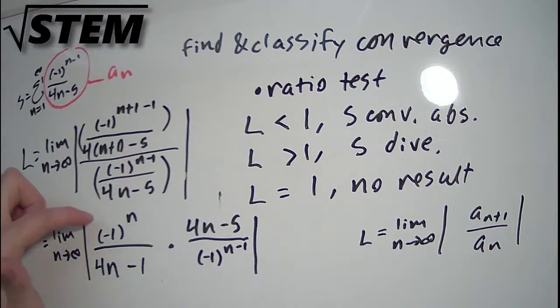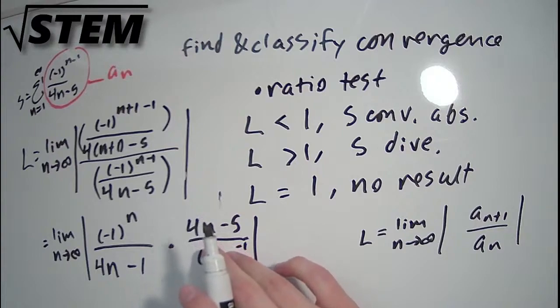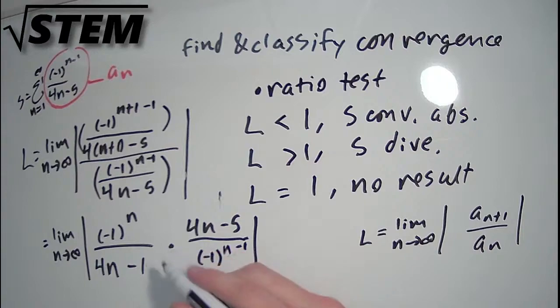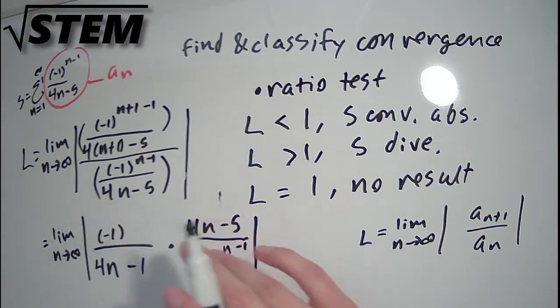Okay, so negative 1 to the n, negative 1 to the n minus 1, let's see, n minus 1 is 1, so we would get negative 1 to the first power overall. So if we're left with negative 1,